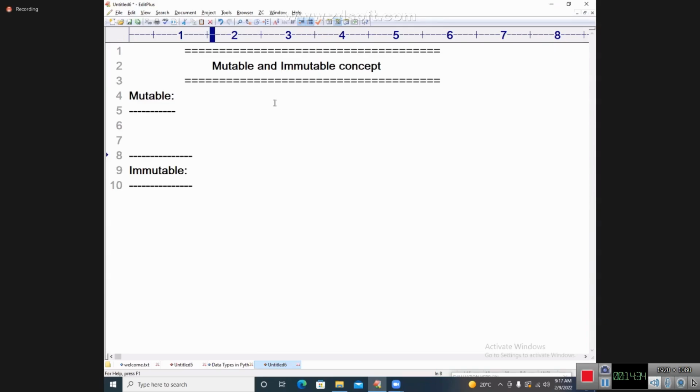Listen, all of you. A mutable object is one, I'm going to say, students, a mutable object is one